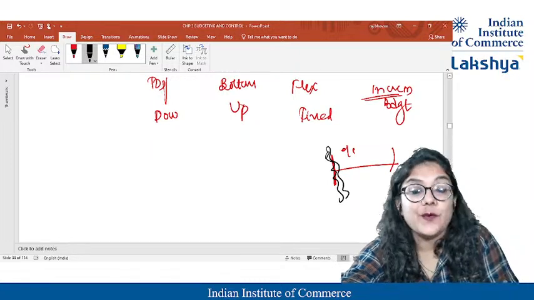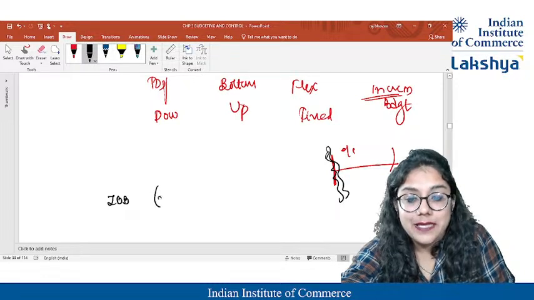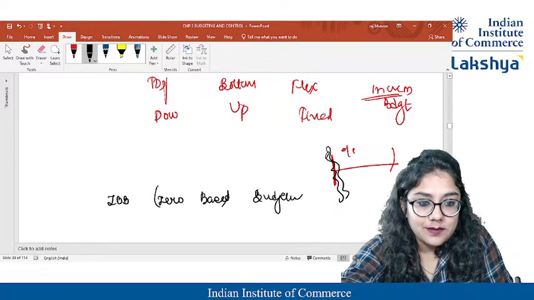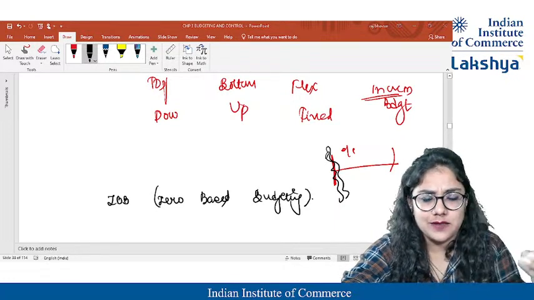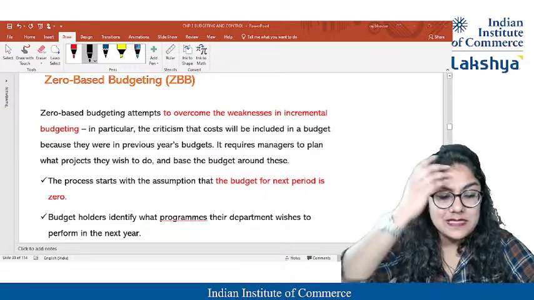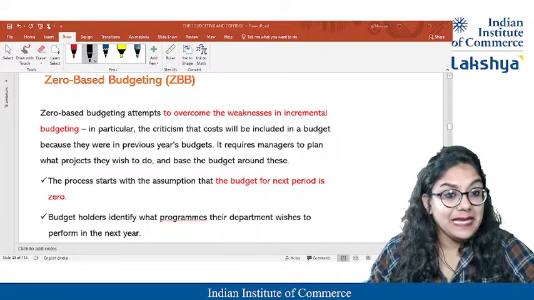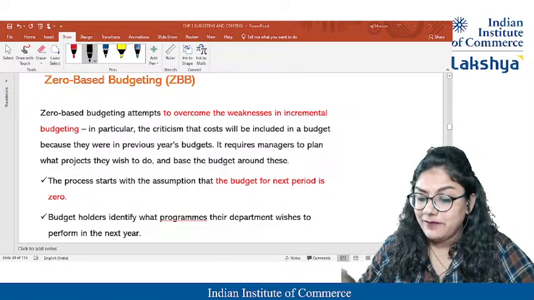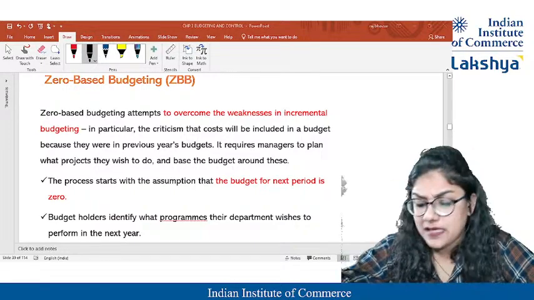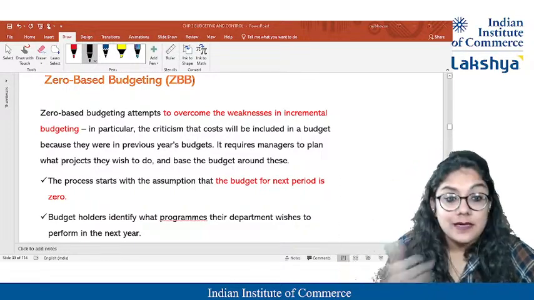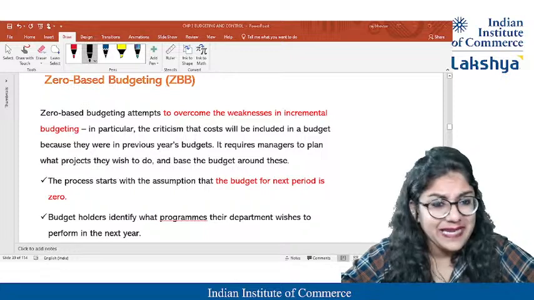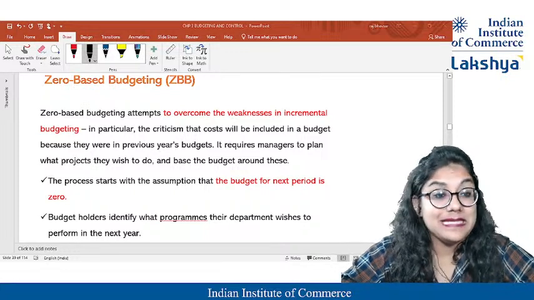So for that purpose, we have a concept of ZBB, known as zero based budgeting. What is zero based budgeting? It means, guys, start every budget from zero. Don't take anything for the year of comparison. Let everything be blank on the piece of paper, as if I am not at all concerned with what was there in the past. I just want to read the figures plainly. This type of budgeting is not very easy. People will not find these ZBBs very easy.